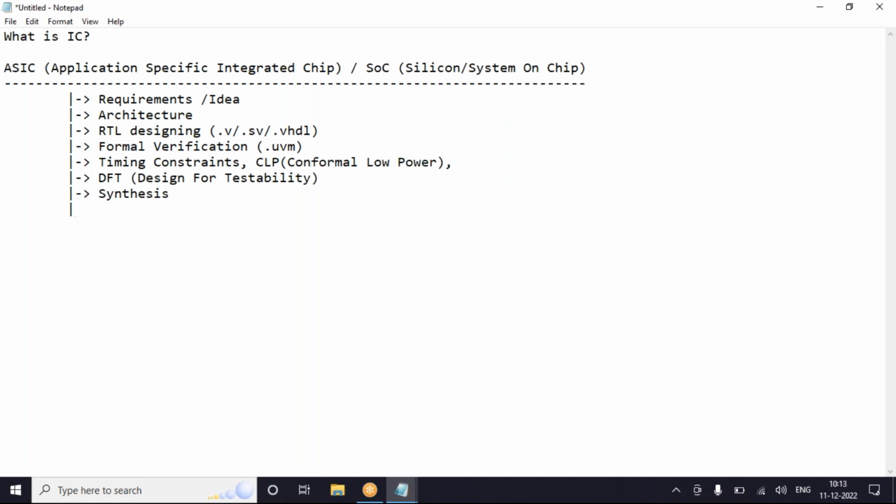Okay, there are various flows in synthesis as well. We'll touch upon them slowly: physical aware synthesis and logical aware synthesis.